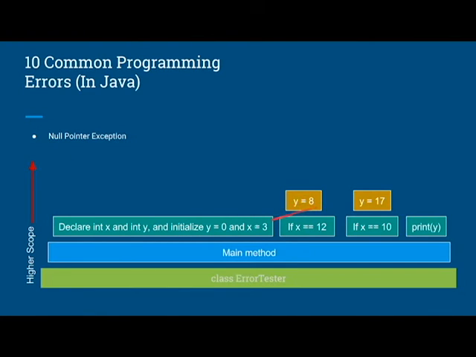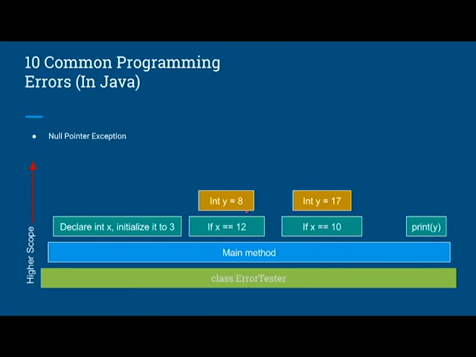initialize y in here, you'll see that you'll get a null pointer. So this is code that will result in a null pointer. We have x, initialized to 3. However, we declare y up here. So this is in a different scope. Now, you're assigning it here, and it's already been changed. But